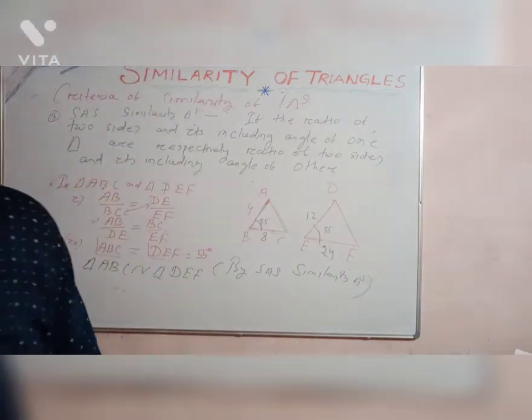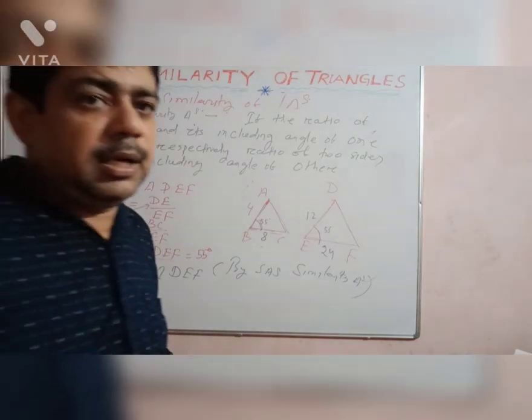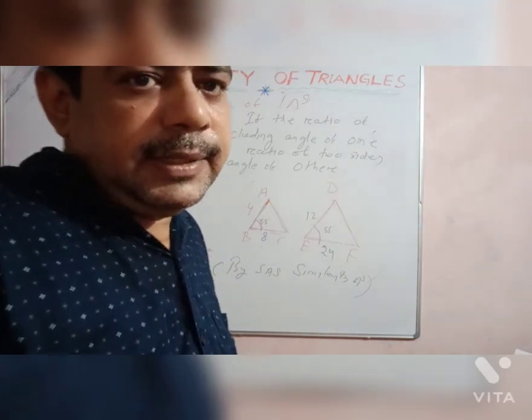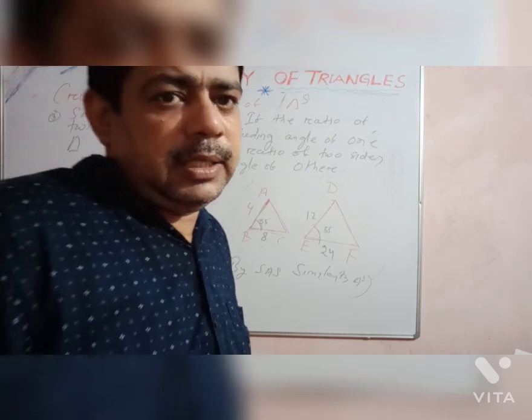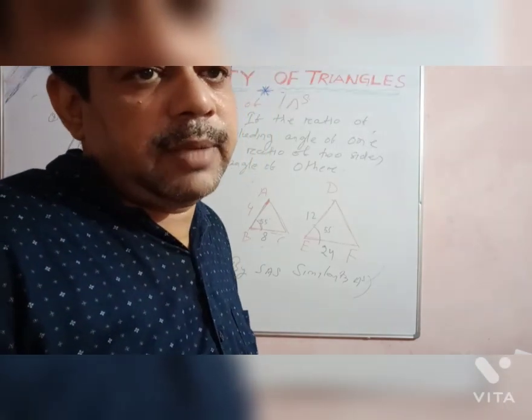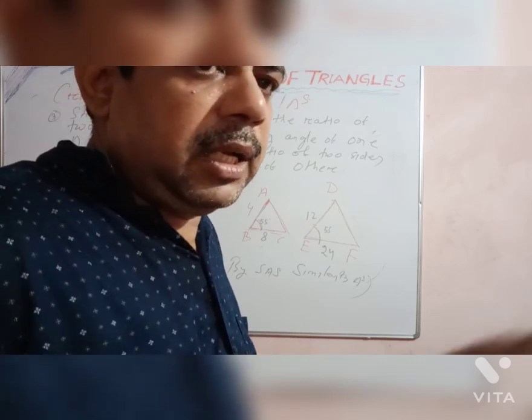Okay, so these are the basic concepts regarding similar triangles. I hope you will get this basic idea. Okay, and you shall see next how to prove the different statements of similar triangles. Okay, understand? Till then, thank you.